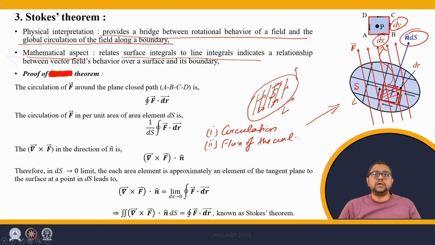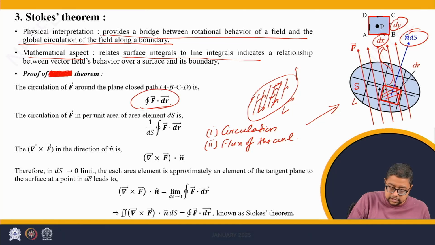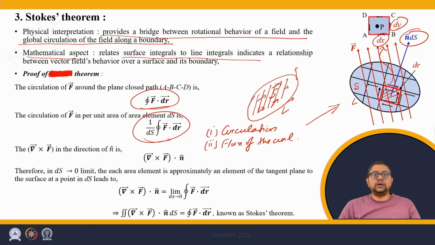What is circulation? Circulation is the line integral of the field along the bounding line. So the circulation of the field F per unit area can be given as the ratio of this circulation to the area over which the circulation is calculated along the boundary line. The curl of F in the direction of the perpendicular vector n hat can be obtained as,